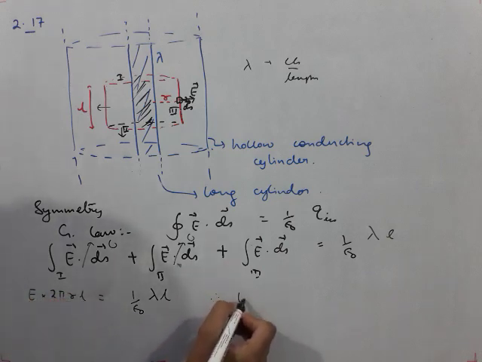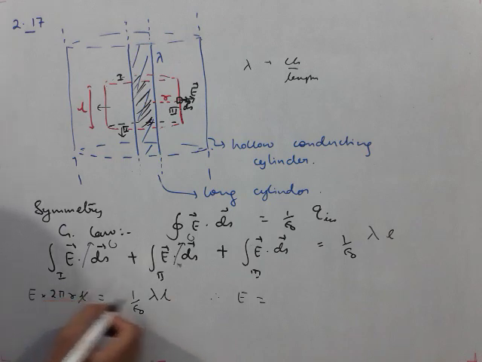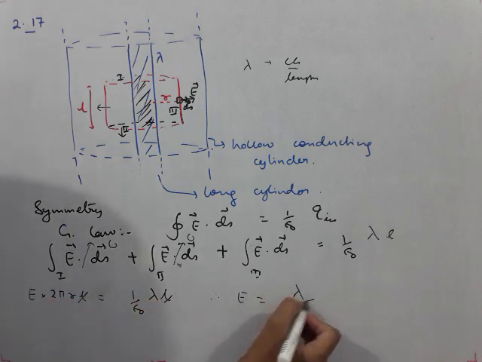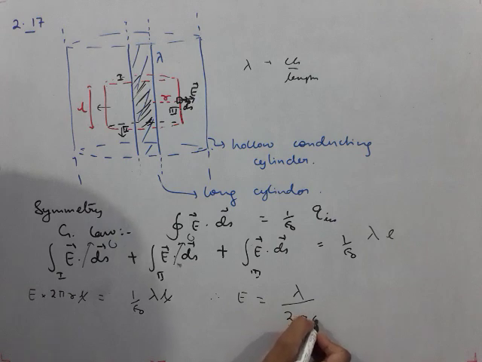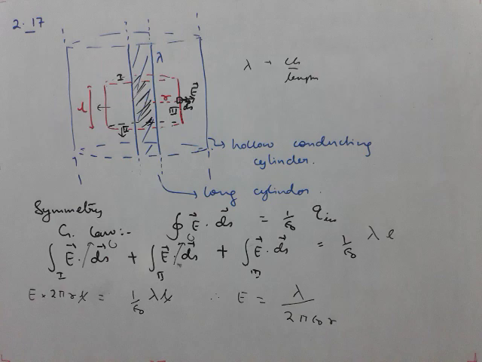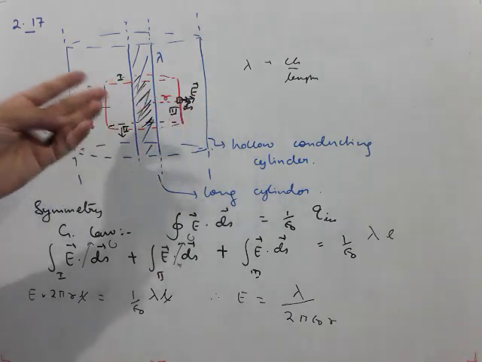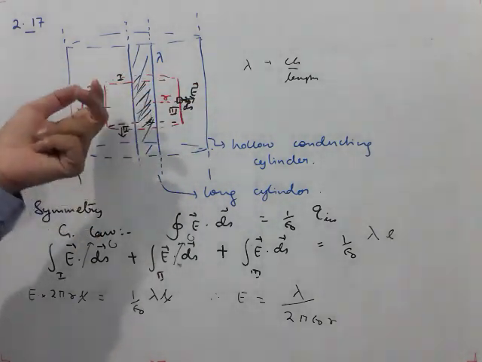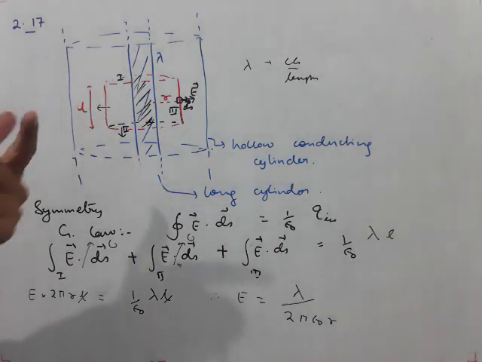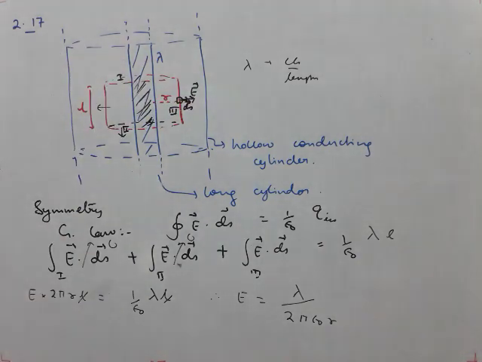And therefore electric field will be how much? You see L and L will cancel. We will be left with lambda by 2 pi epsilon naught times R. So that is the answer to this particular question. So electric field E will be lambda by 2 pi epsilon naught times R. This is the magnitude, and regarding direction, it is directed radially outward if this charge is positive and inward if this charge is negative, normal to the surface of the cylinder. So that will be the answer to this question.